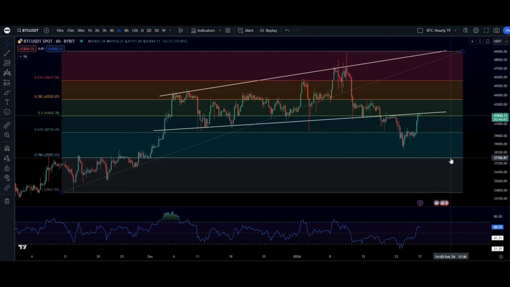It is quite possible because I was assuming Bitcoin to drop all the way to the 0.78 fib retracement, which was at 37,600, but Bitcoin bounced from 38,500, and right now we can see the price over here. So this is how you analyze and do your research on the price using a few indicators,